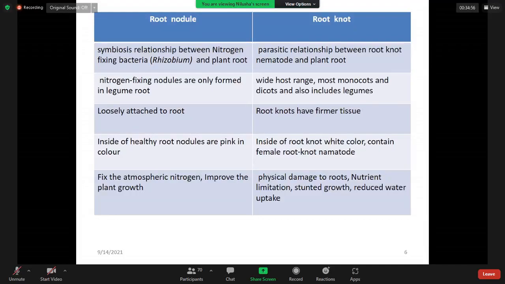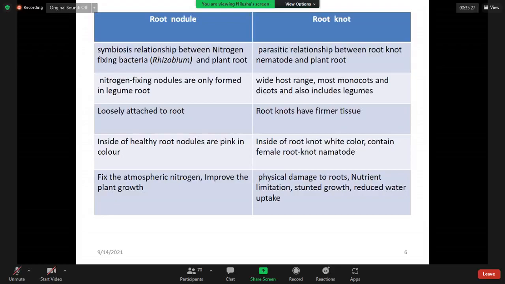Inside the root knot there is a female root knot nematode. The nodule helps to fix atmospheric nitrogen, which improves plant growth, because nitrogen in gas form is not an available form for the plant. After fixing by Rhizobium bacteria, that nitrogen becomes available